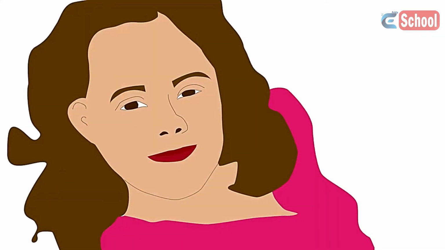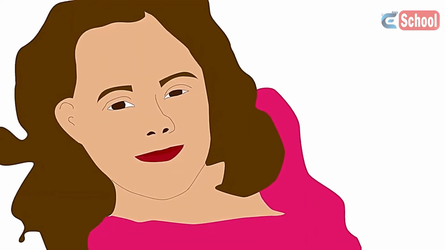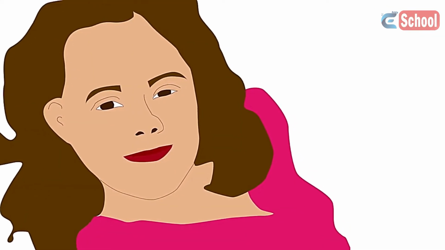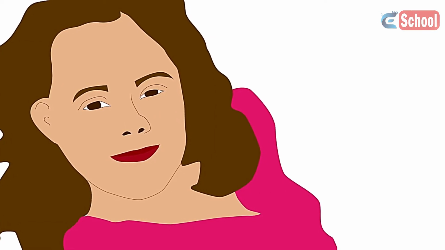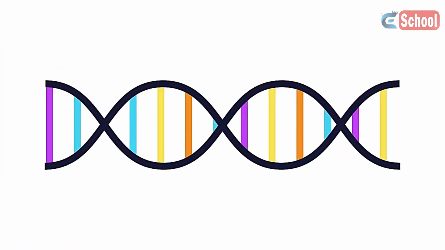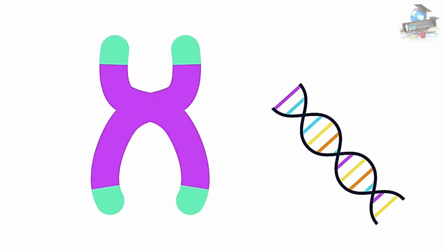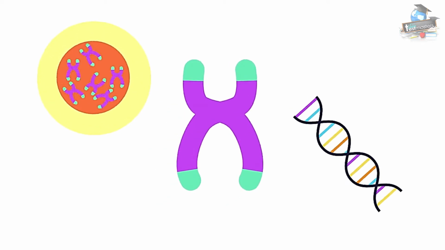You might know or have seen somebody with Down syndrome. But in this video, you're going to learn what it is and why it happens. Down syndrome is caused by a change in the DNA. You probably remember that any change in the structure or the amount of DNA of an organism is called a